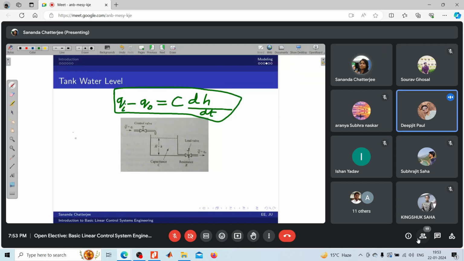So there will be a constant related to this resistance and the capacitance of this tank, and we can write in a simplistic fashion, Q naught will be equal to some constant sigma of